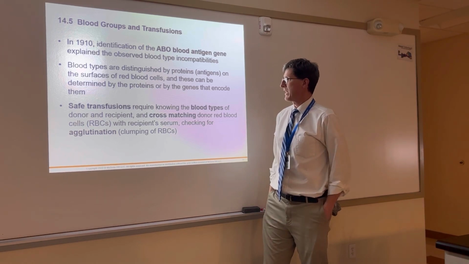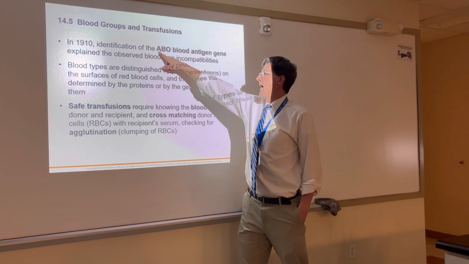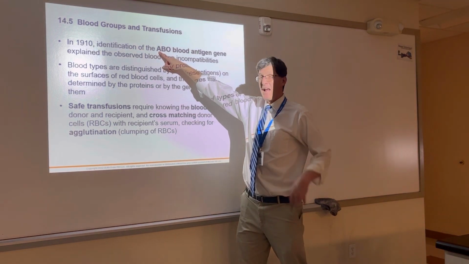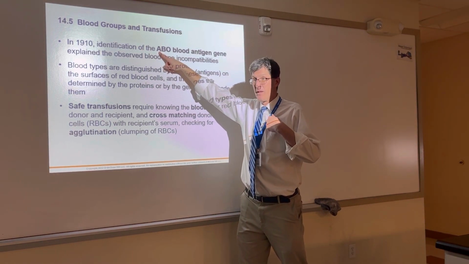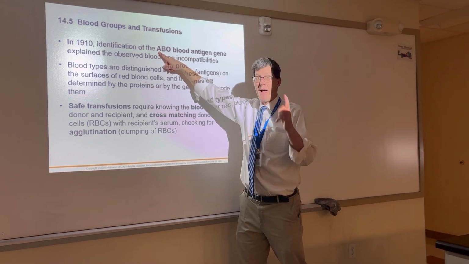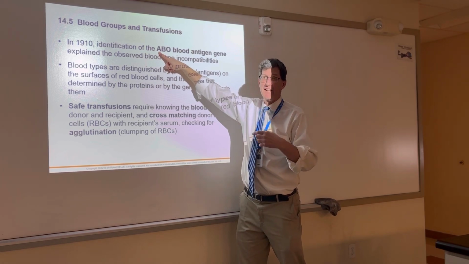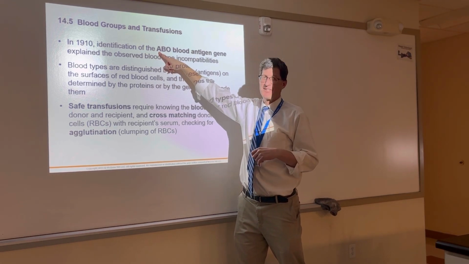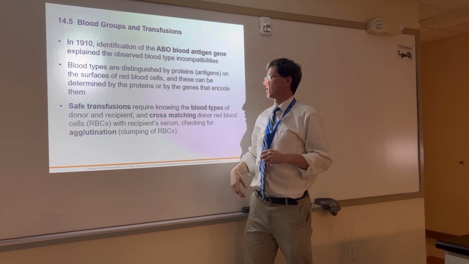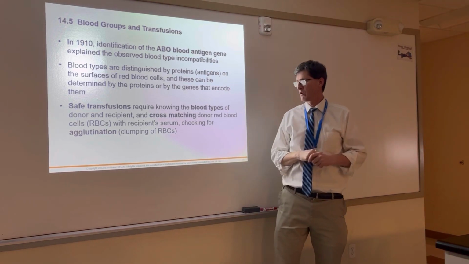Anyways, so the idea is that if our immune system sees A, but A isn't my kind of blood, my immune system's going to attack it and kill it. And that's bad, because if my red blood cells die, then what's going to happen to me? I'm also going to die. That's exactly right. So this whole process has to work in a certain way to make sure that you don't kill your